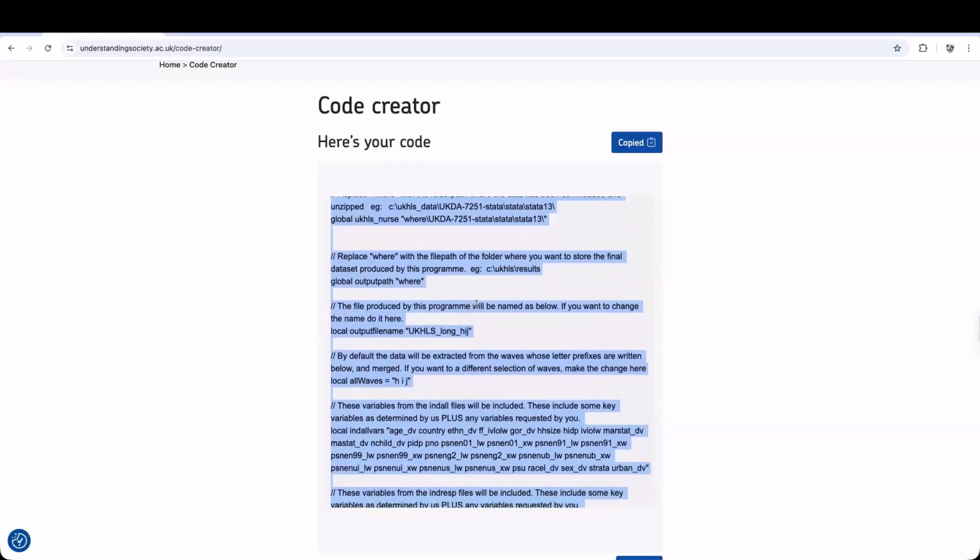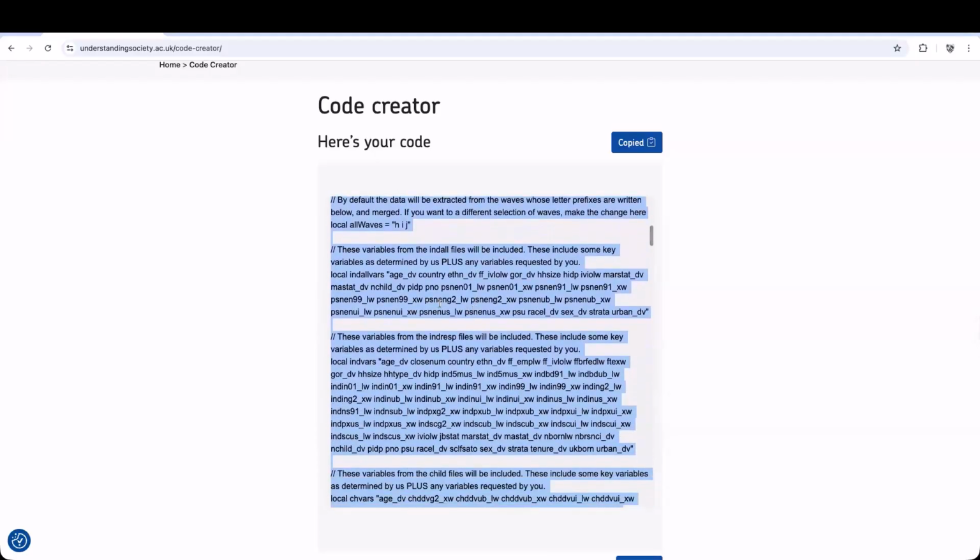So have a look through the first bit of information. You will see all the variables. So the code creator not only includes the variables that you already selected, but also includes a bunch of variables that we think are necessary for doing proper research. For example, all the weights. This is very important, and tomorrow Paul is going to talk about it. Given the complexity of Understanding Society's study, you will need to use weights in order to make your analysis